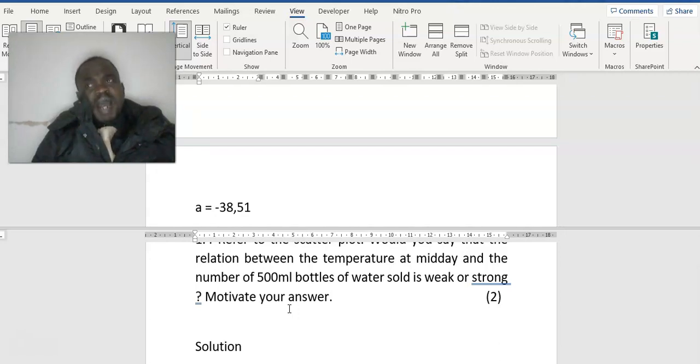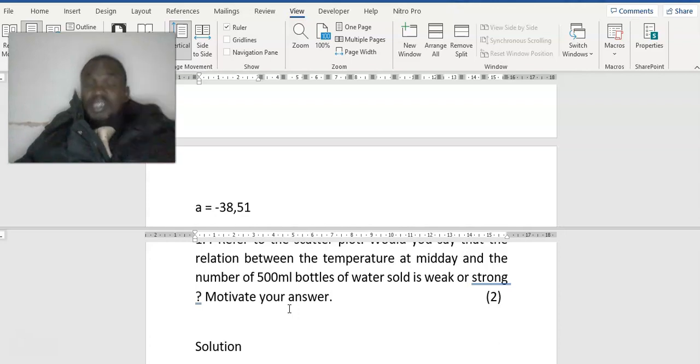The symbol is R. When the correlation coefficient is less than 0,5, that is less than 50%, we say it's weak. If it is equal to 0,5, we say it's moderate,